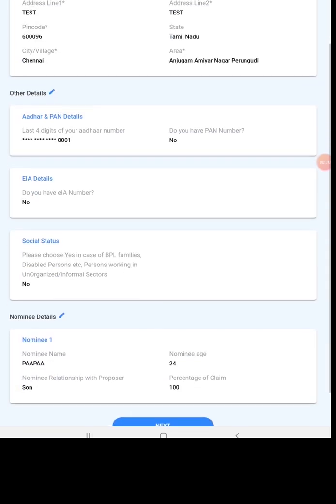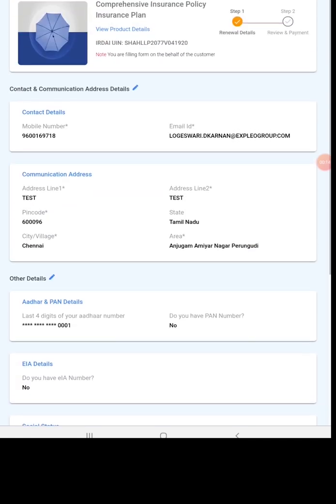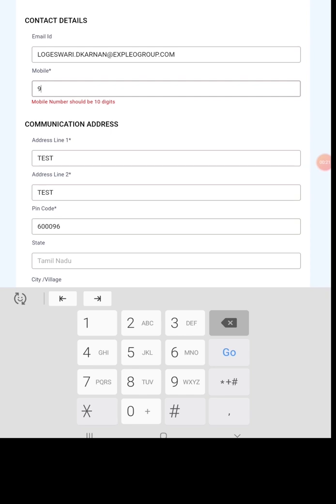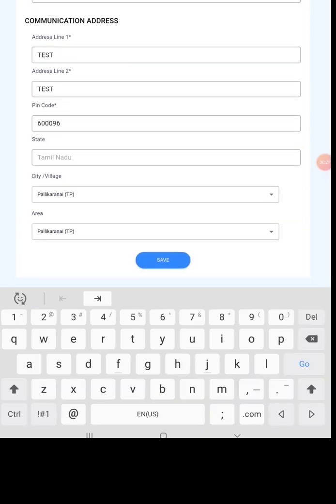So these are the details. The agent can edit the details if he wants and send it to the customer. Right now I'm changing the mobile number, and also the mail ID.